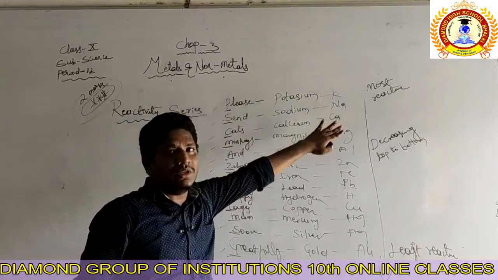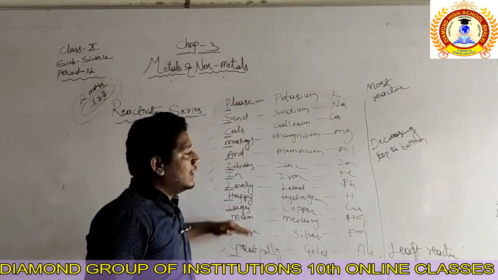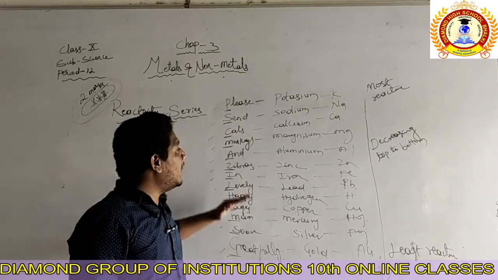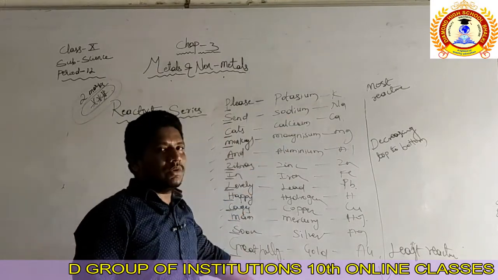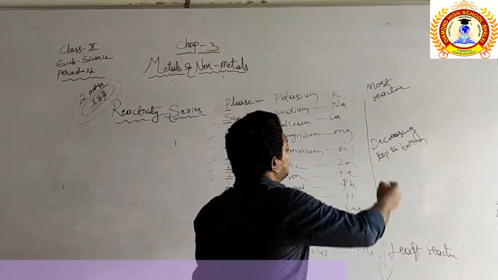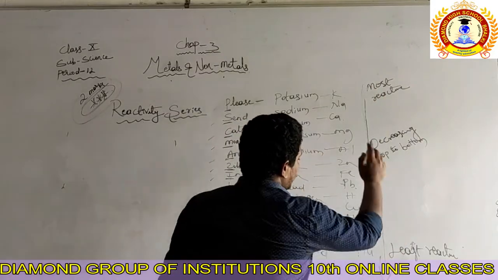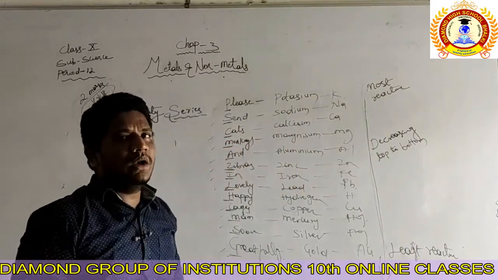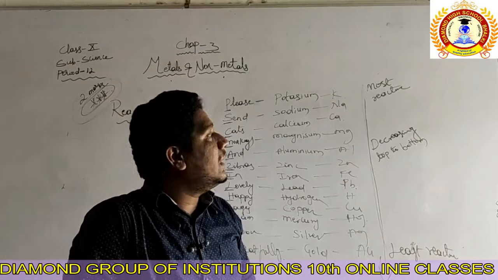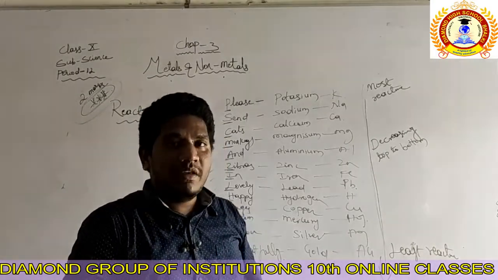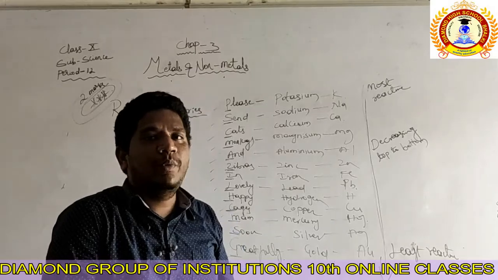Okay, you have to write this much only. It is a trick to remember. You have to write this one in a rough book, a rough page. Then after you can refer to this one. The reactivity series decreases from top to the bottom. So as a result, it is very important to write the many reactions of the displacement and double displacement reaction. I hope you understood.